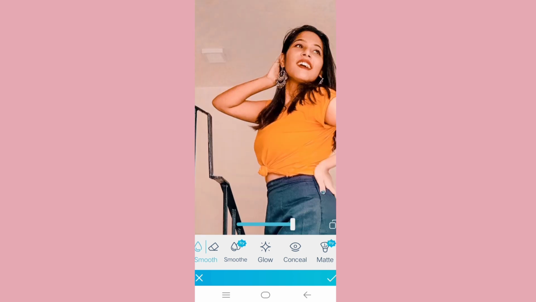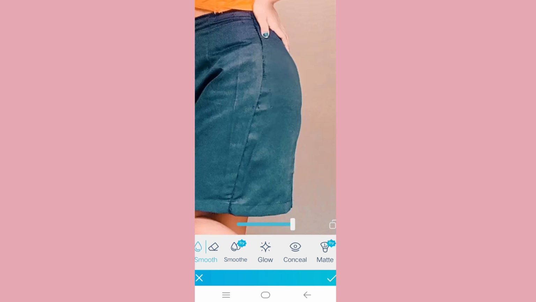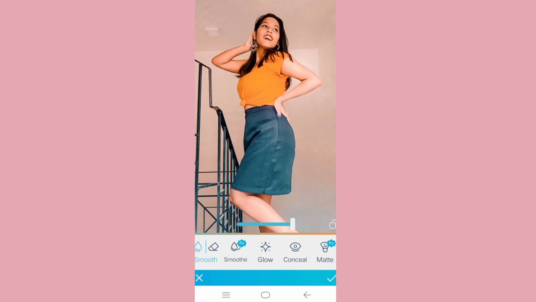And I am smoothing my skin, mostly my skin, and also my skirt, because the skirt is more detailed, I think. So I'm using this smoothing to make it look a little better.